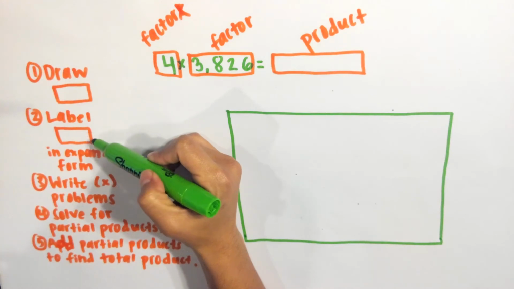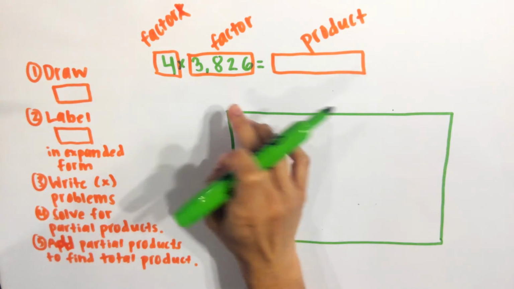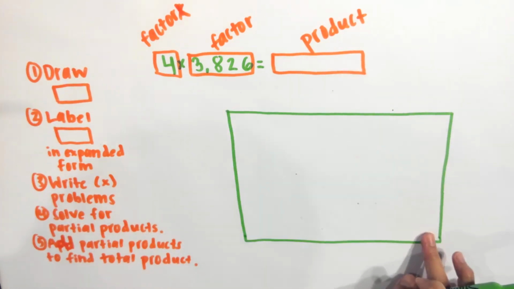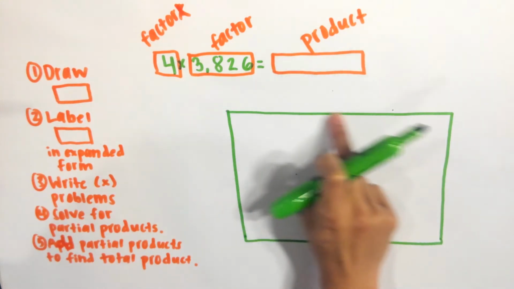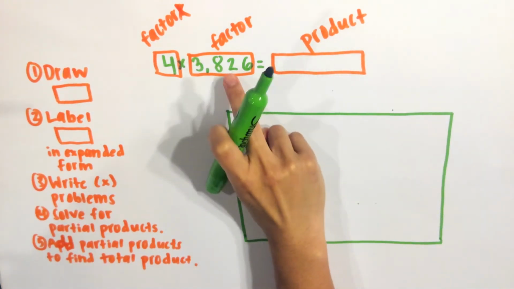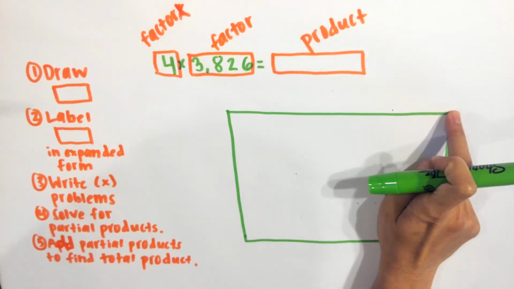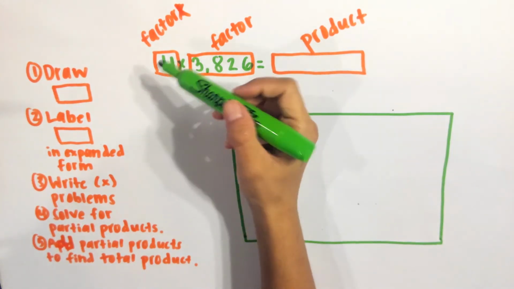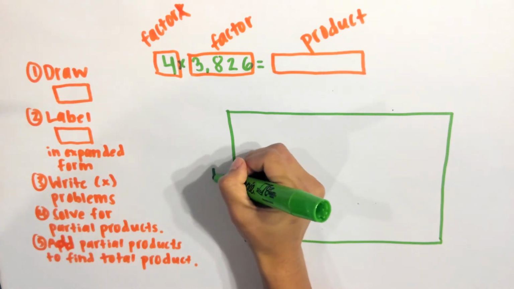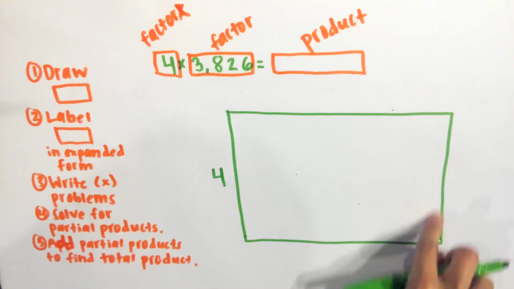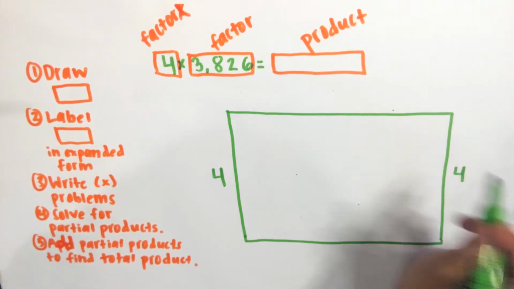Now we label our area model or rectangle in expanded form. So if my length is the longer side, I'm going to use my greater factor as the value for that side. So since 3,826 is greater than 4, that's going to be my length. Okay, and I'll get to that in a second. My width is going to be my smaller number. So 4 is going to be the width of my rectangle. I'm going to write it on both sides here. Now I'm going to write my length,